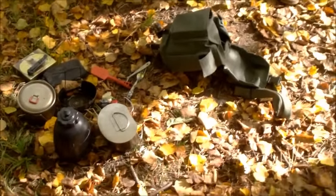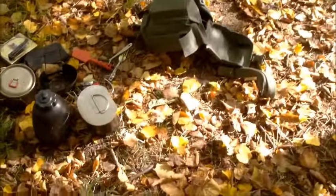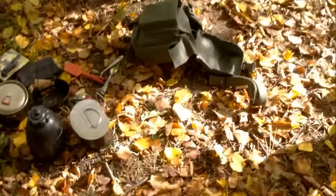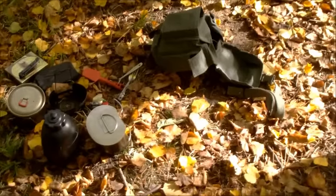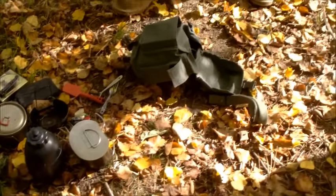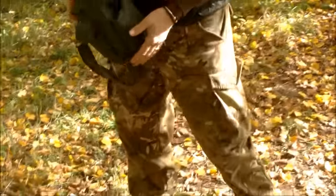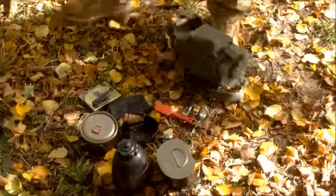Not a bad little kit now, you know. It is nice. It's everything you need, isn't it? Yeah. Get a brew on. Because that's like an advanced, you know, like the United States GI water carry canteen thing, where the buckle comes over. It didn't cost you. But when you build something yourself, mate, it's exactly what you wanted, isn't it? Yeah, exactly. So I made that, and then also I made